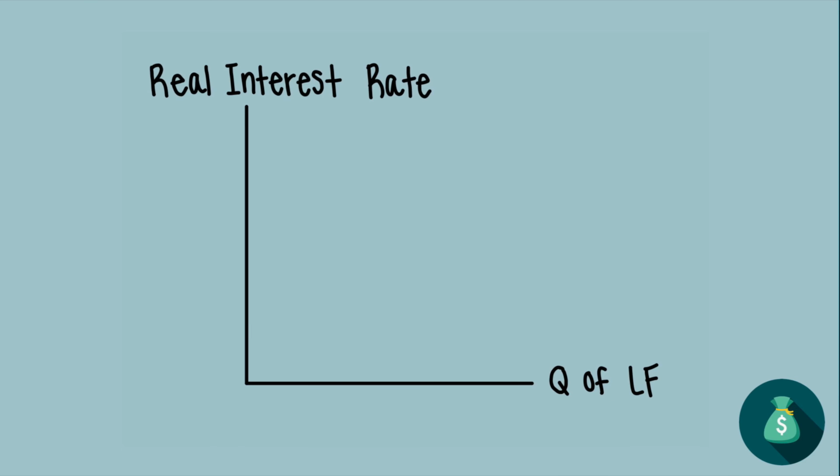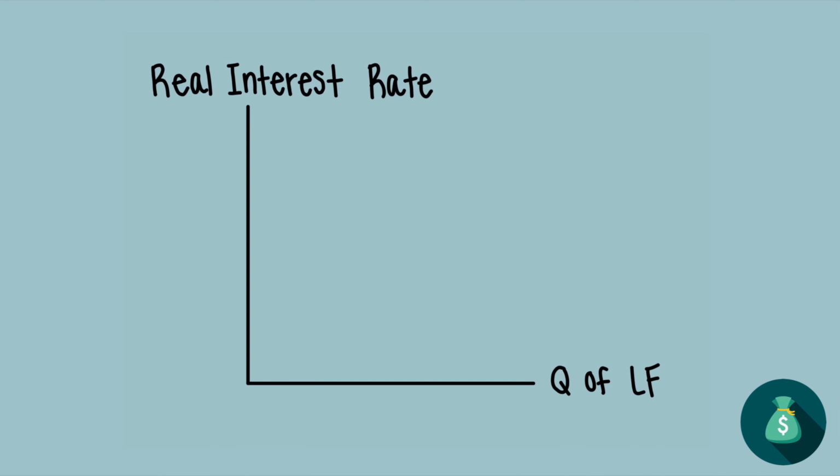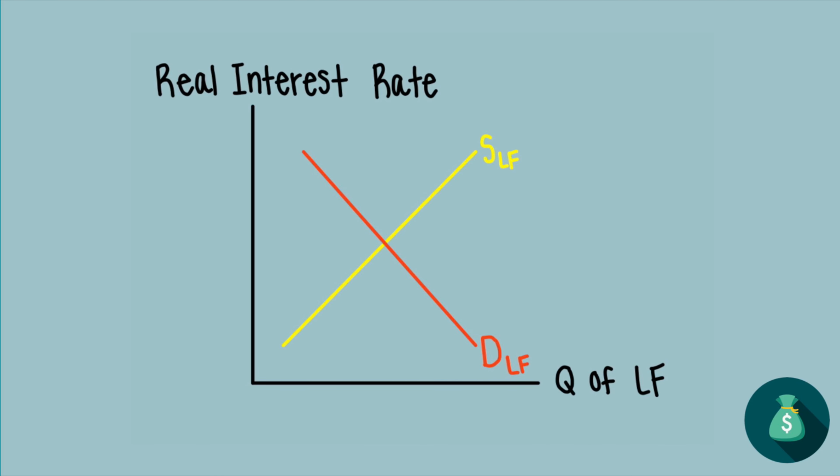On this graph, the x-axis is labeled Q of LF, which stands for quantity of loanable funds, and the y-axis is labeled real interest rate, which is the interest rate adjusted for inflation. The graph consists of two curves, the loanable funds supply curve, labeled SLF, and the loanable funds demand curve, labeled